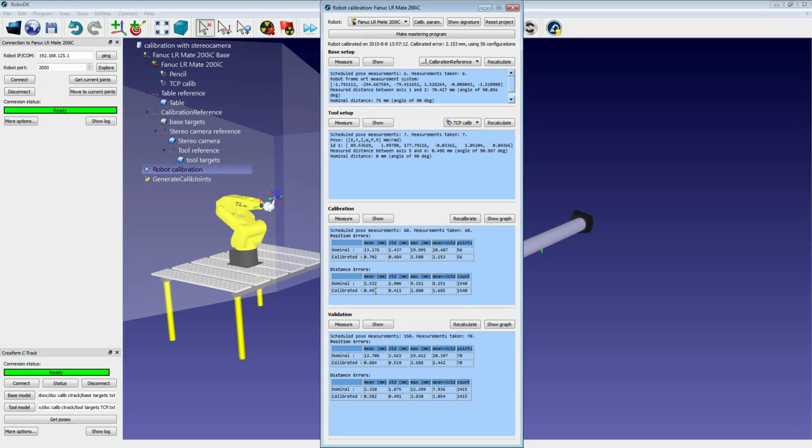Once the robot calibration is completed, we obtain some statistics showing the robot errors before and after calibration.